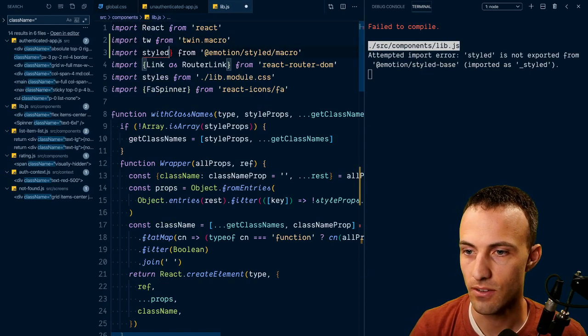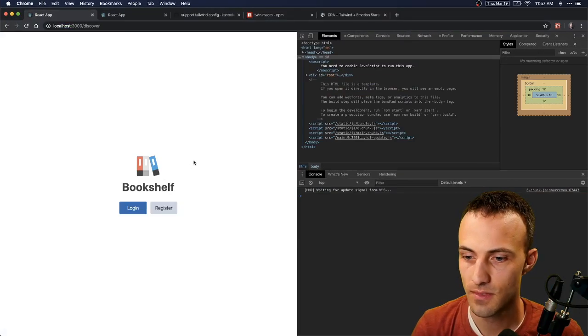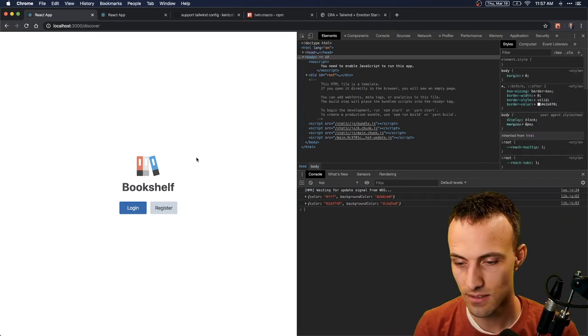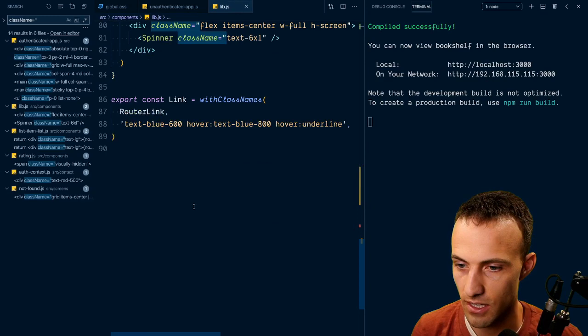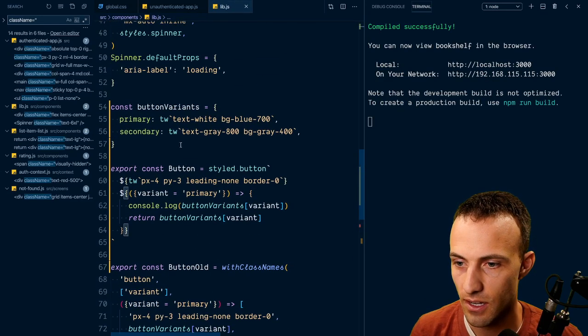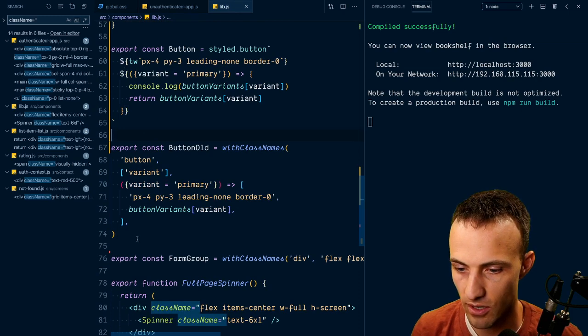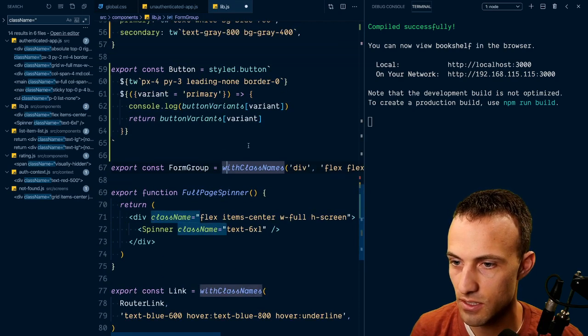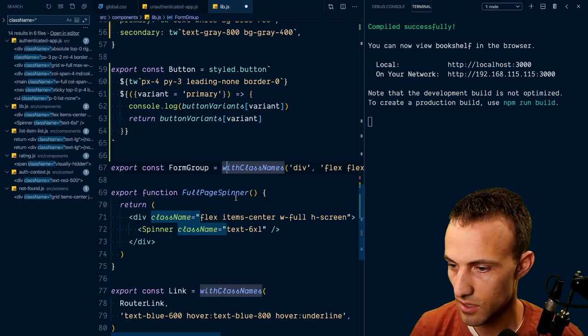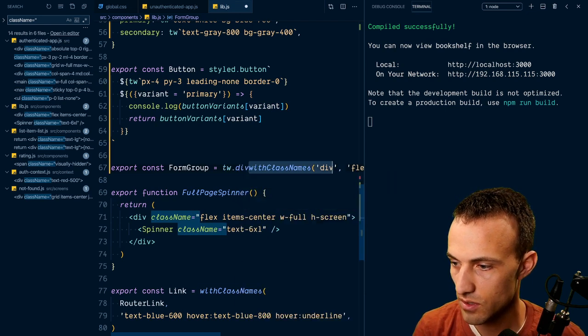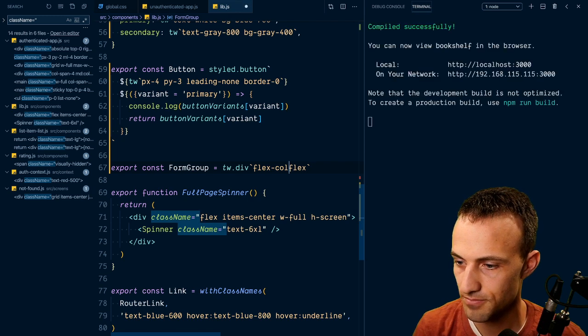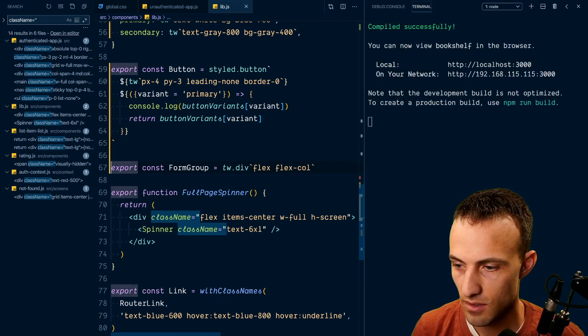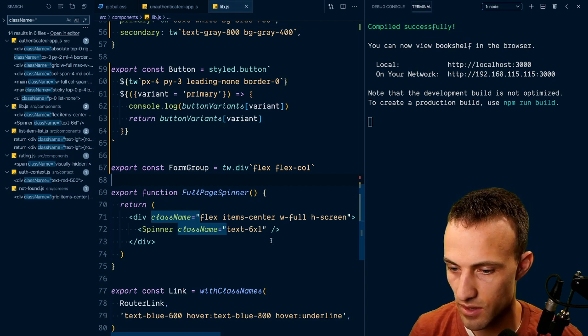Styled, I think, is actually a default export. Here we go. Ta-da! Yay! Very good. All right, sweet. So now, let me finish all this, and then I can go back to configuring things the way that I wanted to. So this is going to be a Tailwind div with those things. I wonder if it will sort this? Nope. Okay. And then this one,